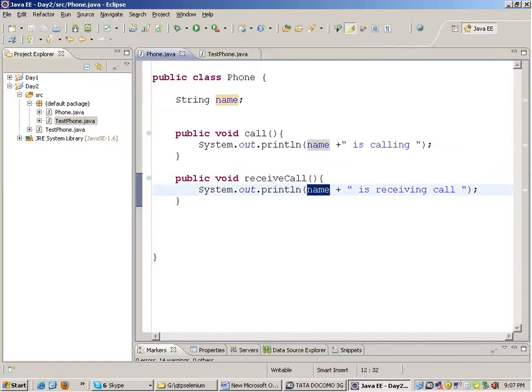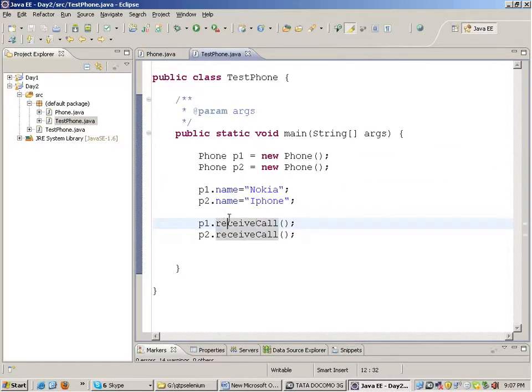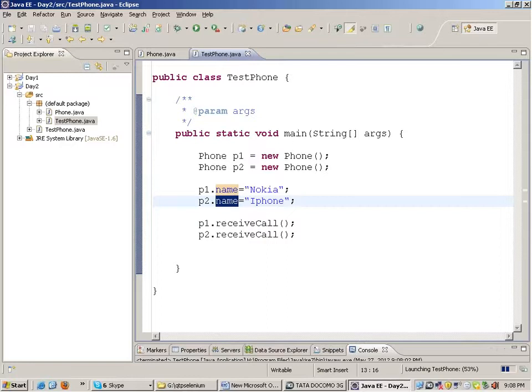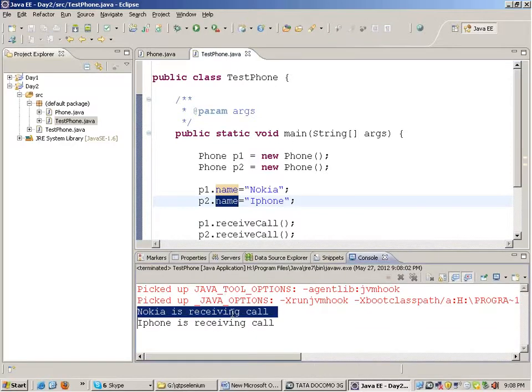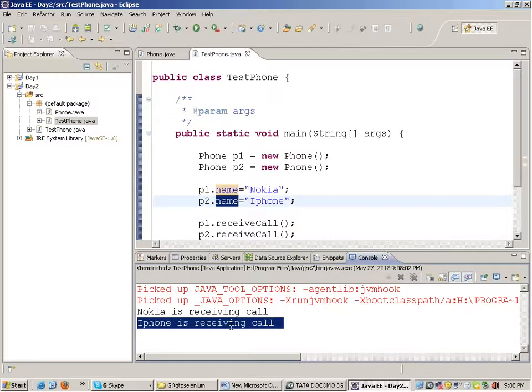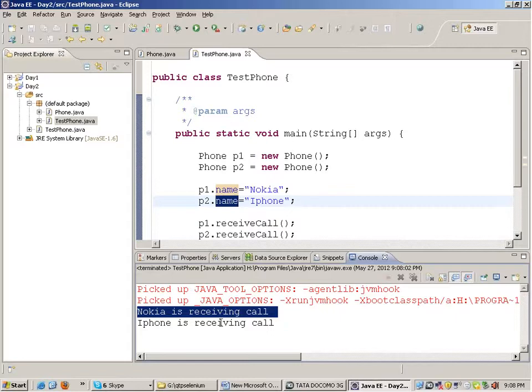So when P1.receive call is called, it will refer the name of P1, and when you write P2.receive call, it will refer the name of P2. So when I run this code, this prints in output Nokia is receiving call and iPhone is receiving call.